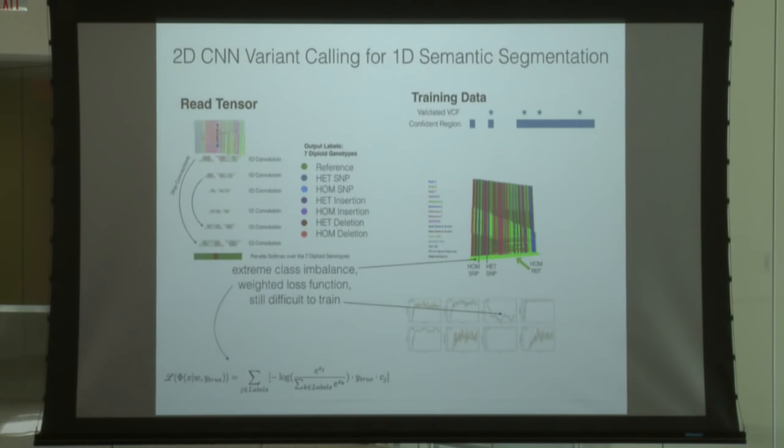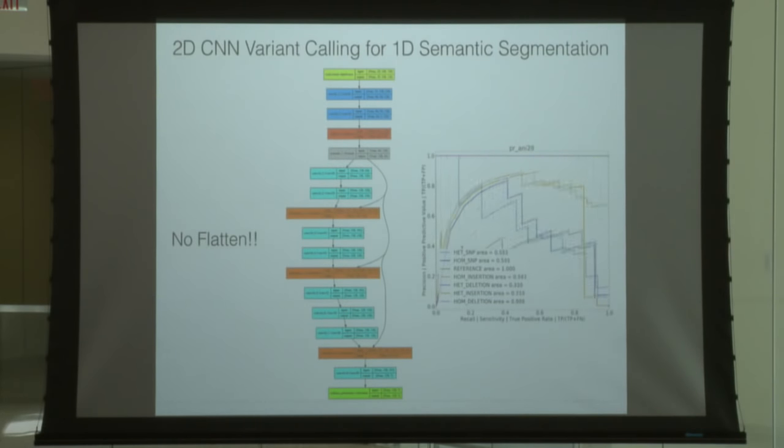But how does this relate to variant calling? Well, we can use this same exact idea to segment. Now we're not segmenting the visual field, we're segmenting the genome. So the genome is this 1D strip, and we can segment it into parts that are homozygous reference, and little parts that are SNPs, and then bigger parts that are insertions and deletions. So we can cast the variant calling problem as a 1D semantic segmentation problem. And then we can use an architecture similar to the one shown,